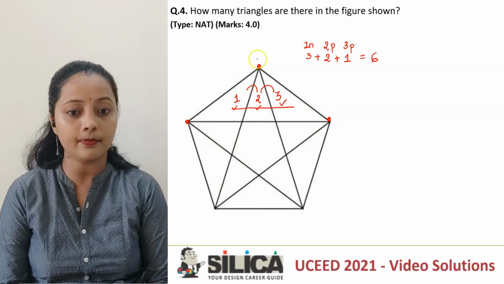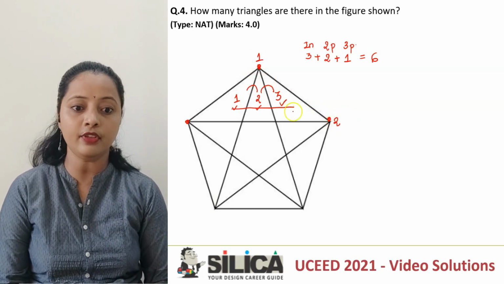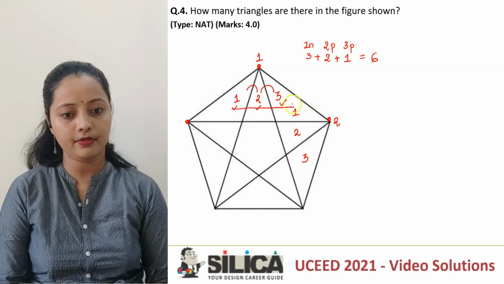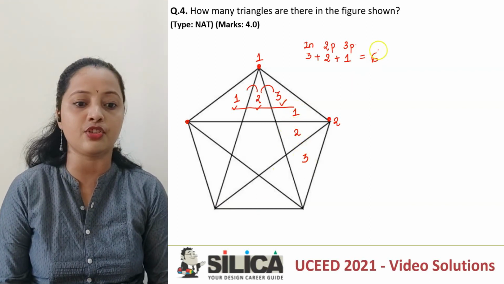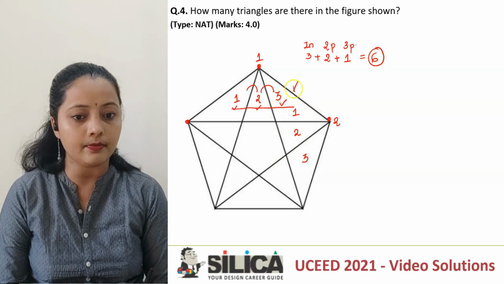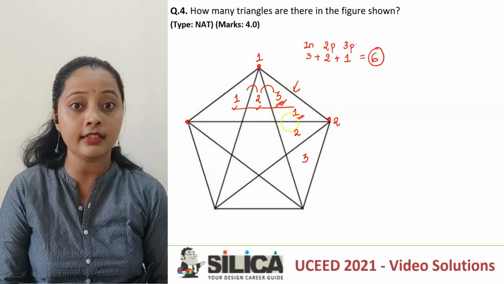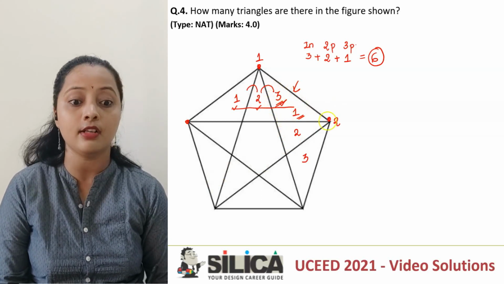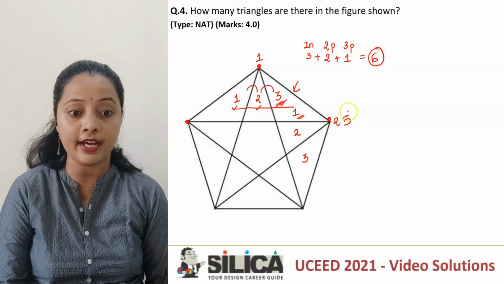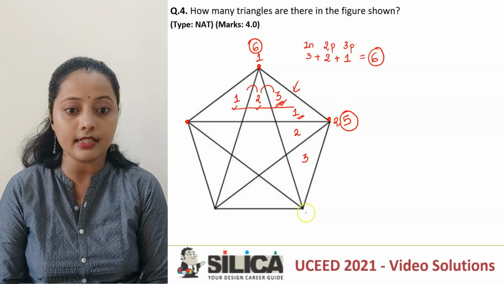So now what will we do? This vertex number 1 is done. We'll go to vertex number 2. Now at vertex number 2, I'll again name 1, 2 and this is 3. Now we know all these combinations are again going to give me 6. But if you observe properly, this triangle, the number 3 and number 1, is all together counted again in it. So there's a repetition for this triangle. So for this second vertex, how many triangles am I going to have? Not 6, but I will have 5. On vertex number 1, I had 6.